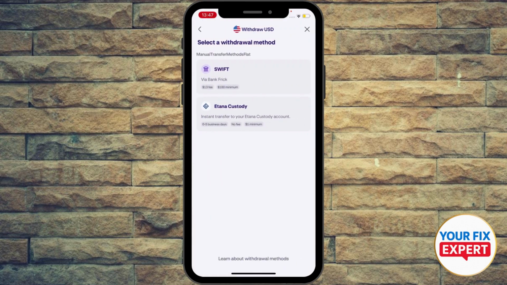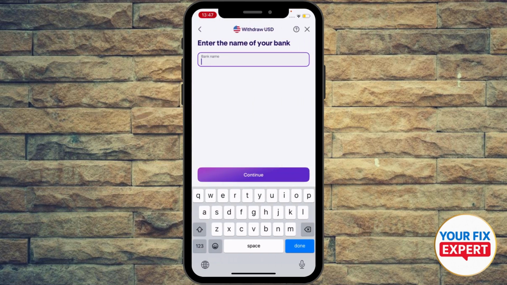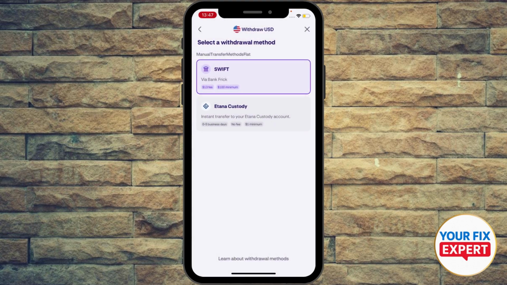So I'm gonna hit add bank details, and I'm gonna press the Swift bank, right? Enter the name of your bank, of course, in the bank details, and you're gonna see, of course, the fees for withdrawing US dollar from Kraken to your